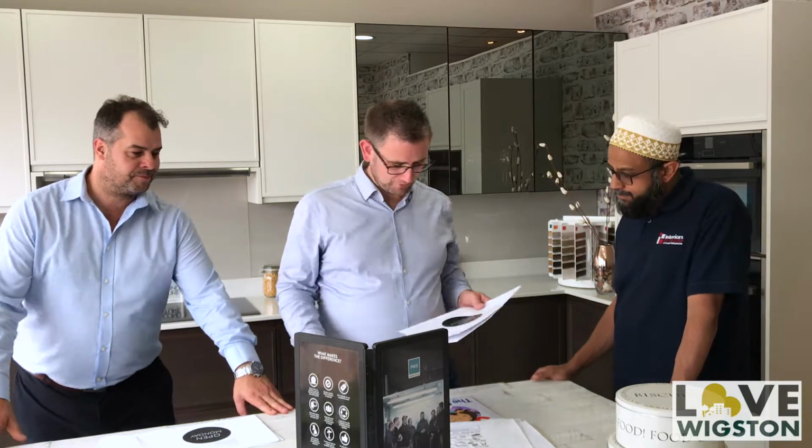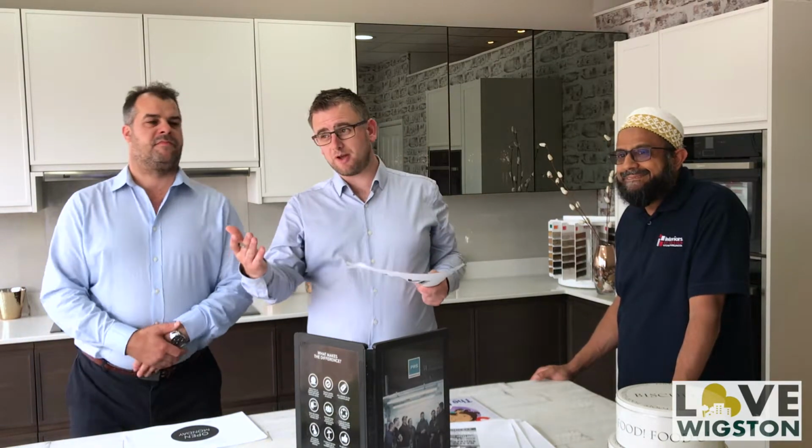Excellent. Fantastic. And then just to finish up with the events that are coming up, this one's a bit in advance, but is very, very popular. Both Wigston and Oadby have their Christmas or festive light switch-ons. The Oadby one is now taking reservations for stall holders. So if you're a craft maker or food stall and you want to be there for the festive light switch-on, get your application in now. For more information, please contact Sarah at